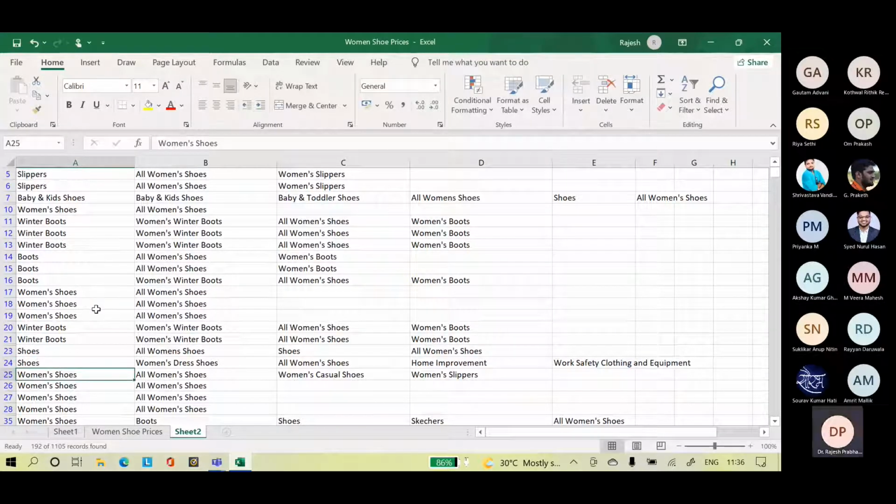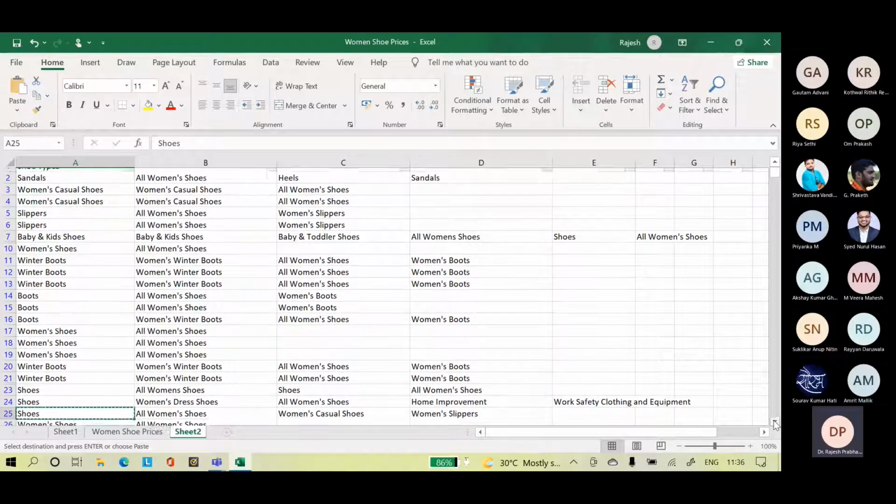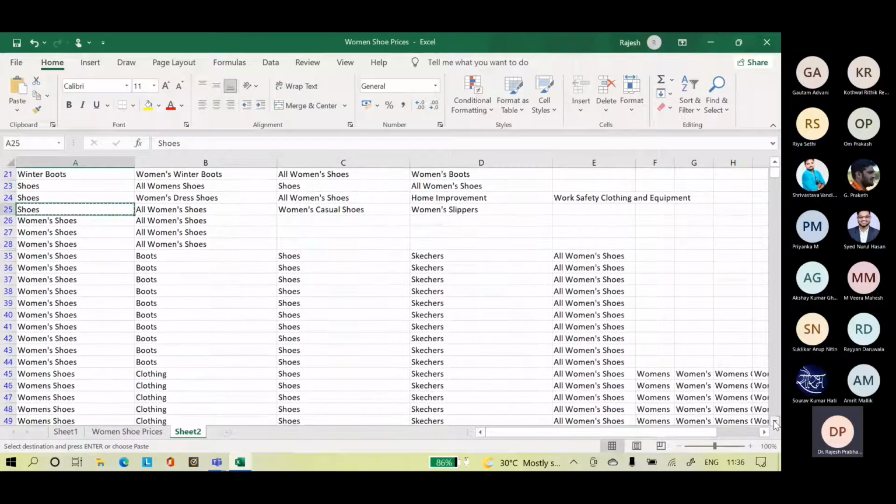So all these things, I think we can convert into shoes. Let us copy this, Control C. So we have again boot, shoes, Skechers. Okay, these three we will convert as shoes. Skechers is again a brand, right? Skechers is a brand.